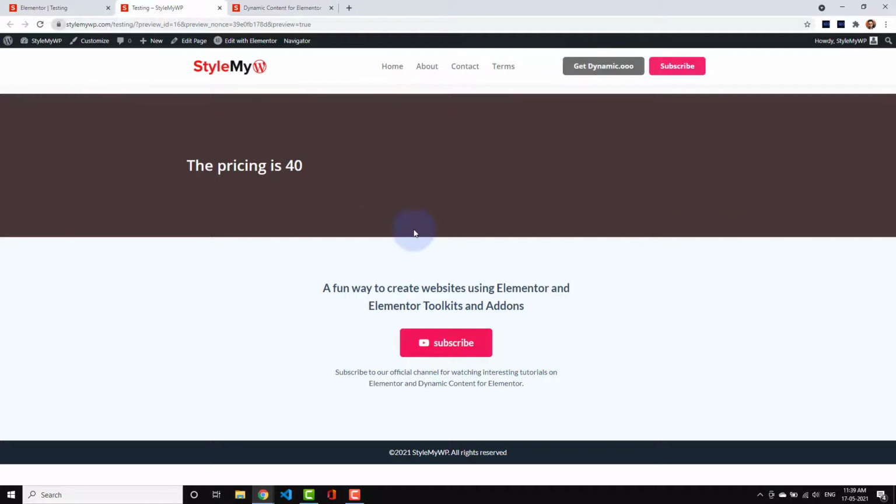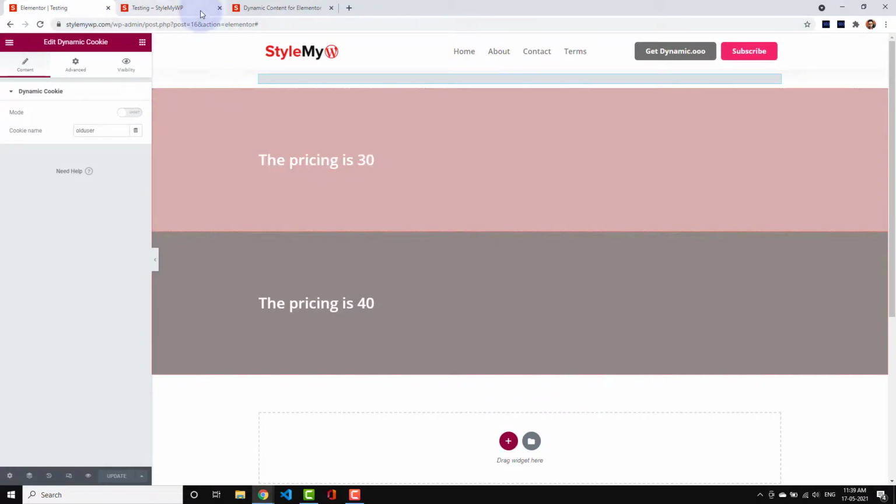So this is how you can set cookies and make your sections appear based on the value of the cookies, and unset the cookies and use number of days for which the cookie will be set. They are all settings and all are dynamic. You can use ACF for anything to put the value inside this widget.